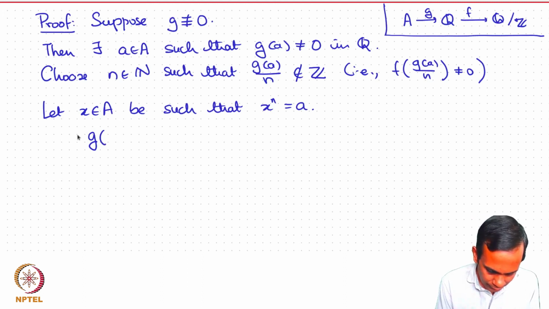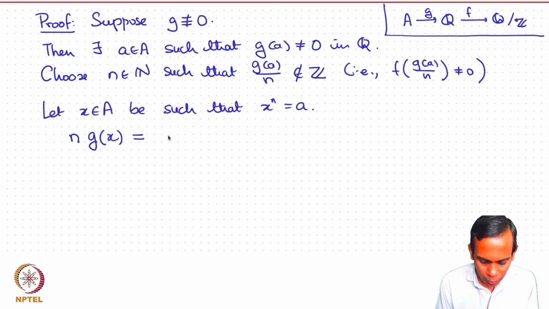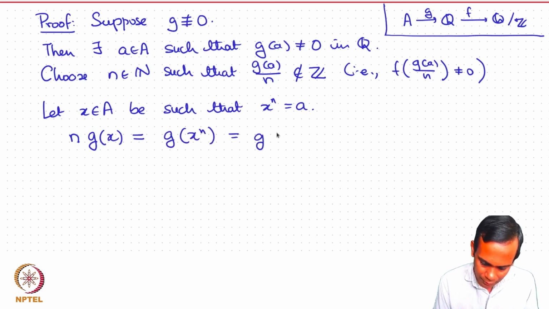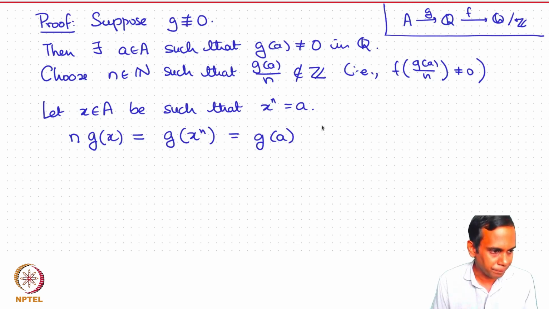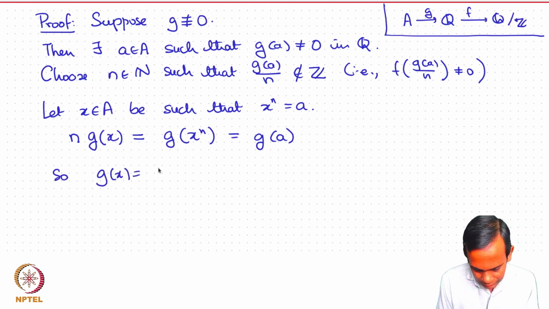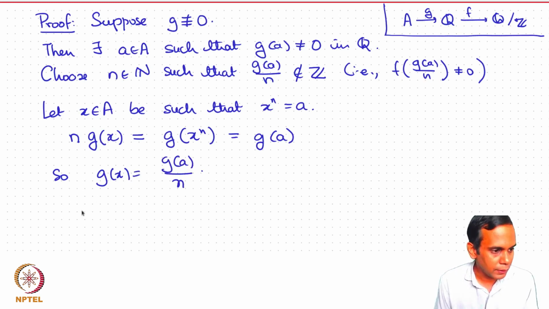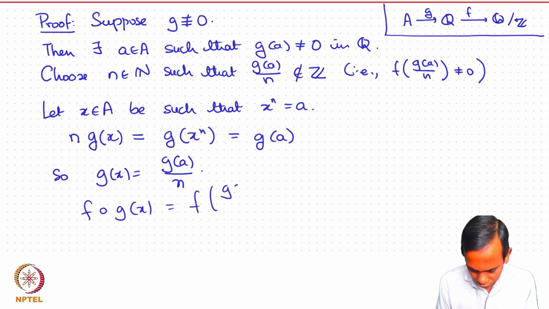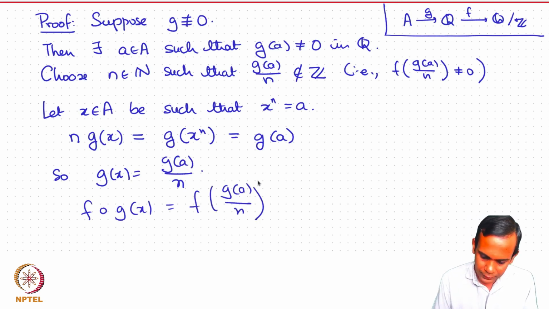So if we look at g of x, n times g of x. Now since g is a homomorphism, this is the same as g of x to the power n, but that is the same as g of A, so that implies that g of x is g of A divided by n. So what that means is that f circle g of x is f of g of A divided by n, but f of g of A divided by n is not zero in